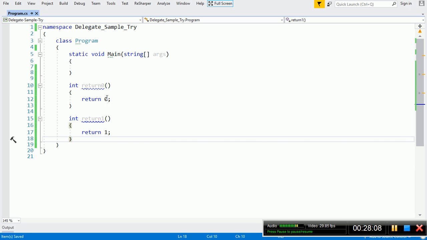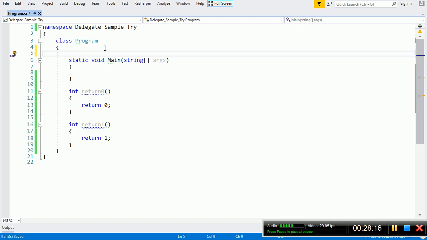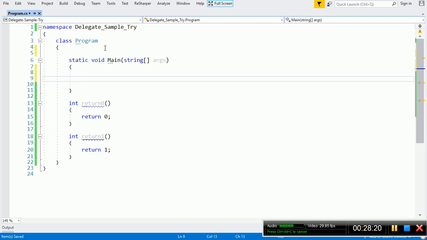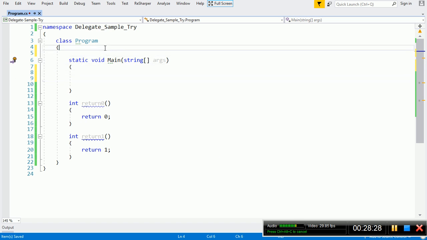And then I will keep one delegate to accept the address of these 2 functions. Sorry, within this function we can't write this delegate.